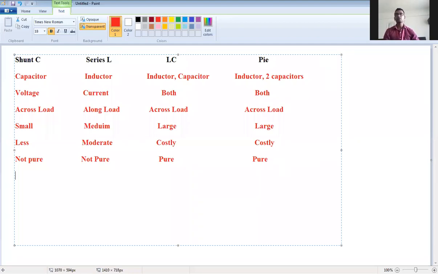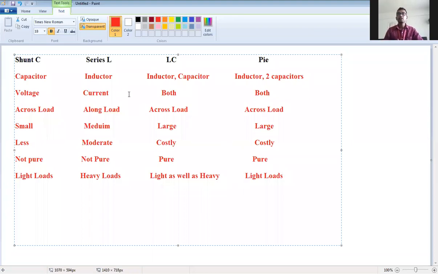The application, you can say, this is used for light loads. I'll tell you what is light load and heavy load. This is used for heavy loads. Light as well as heavy, and this is used for light loads. Now light load means what? Whenever the current requirement is less, that is called a light load. Where the current requirement is large, that is a heavy load.